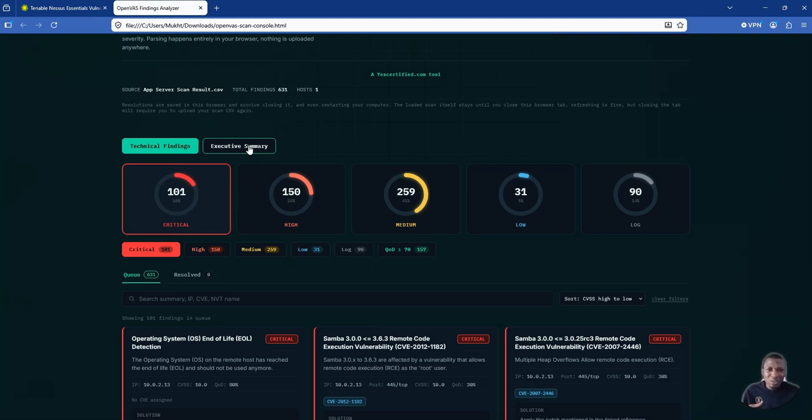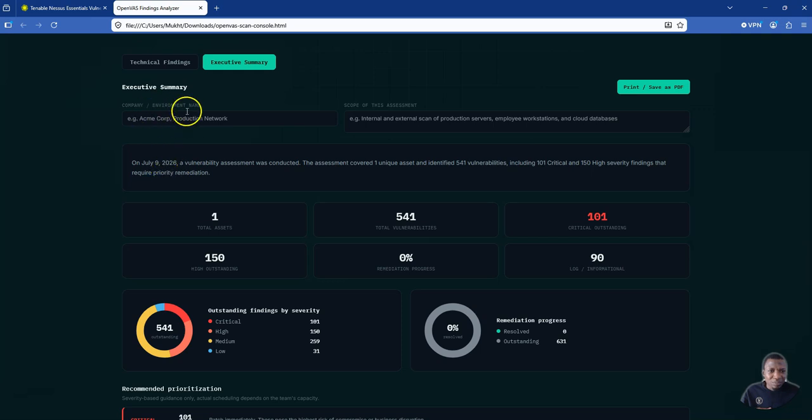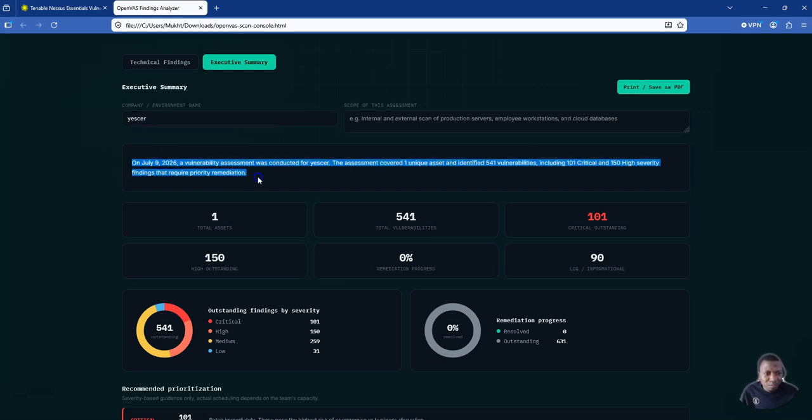So it presents the results in a way that presents more like a business value of what you're doing here to executives. If you click on executive summary here, as you can see, this is the executive summary. You can say, for example, for YesCertified.com, it'll update this right here. So you can say, on July 9, 2026, a vulnerability assessment was conducted for